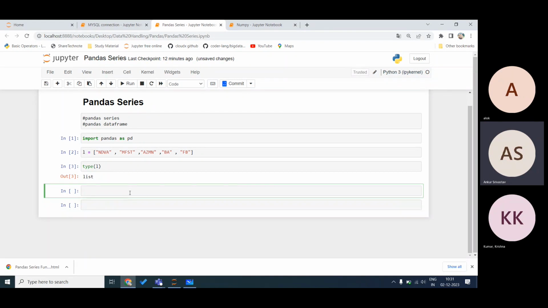Suppose that I have to change it. It's a list. I just want to change it into a Pandas series. So how can I change it? Suppose that I'm writing this name, series equals pd.Series, and my data equals this.